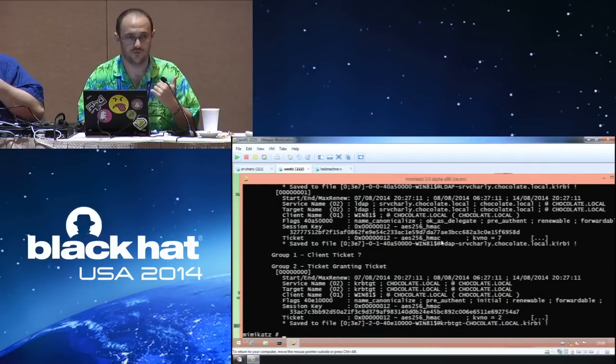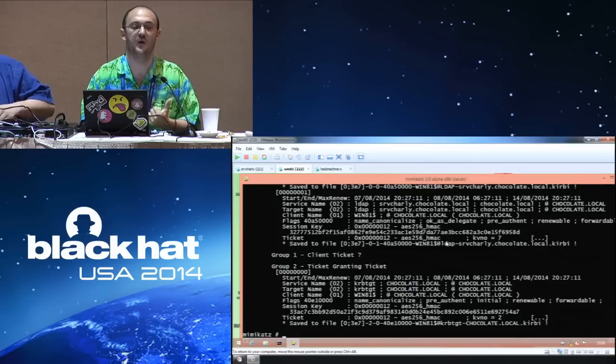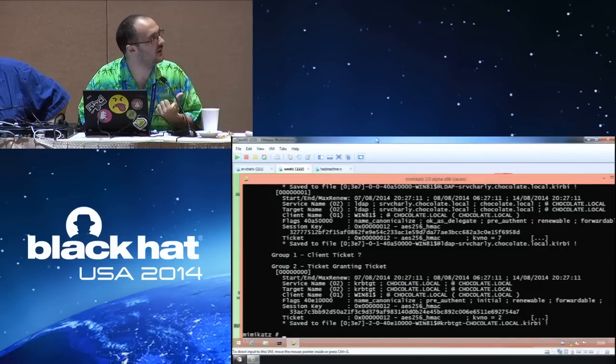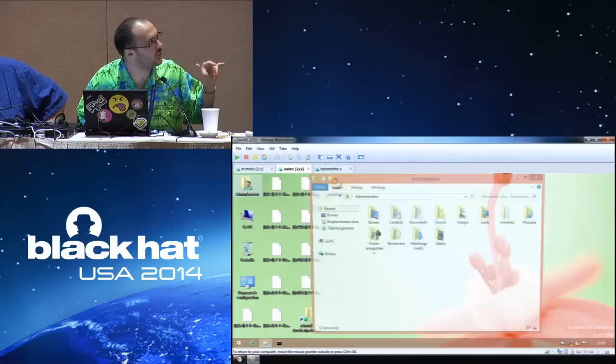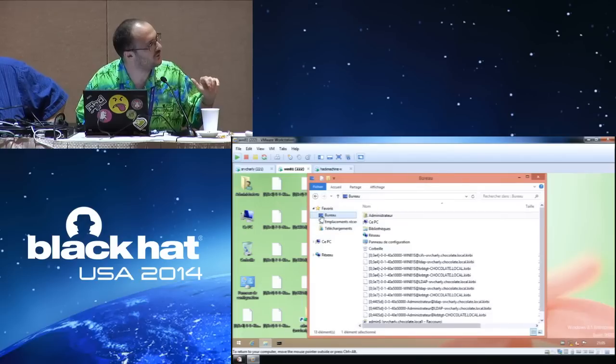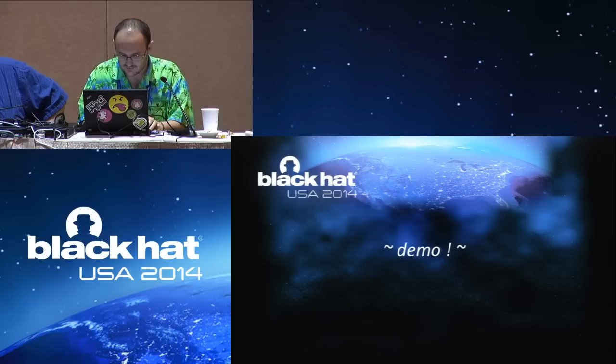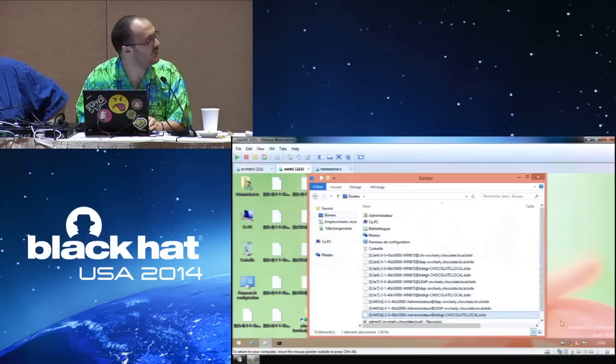Okay. There are a lot of tickets in this LSASS process because the computer accounts also use tickets to authenticate. So I have a lot of files on my desktop now. I must choose the good one. It will be very difficult with the screen outside, so I will make up. So just for you, I will use the Kerberos TGT file of administrator because it looks like a very cool account. So I will copy paste it